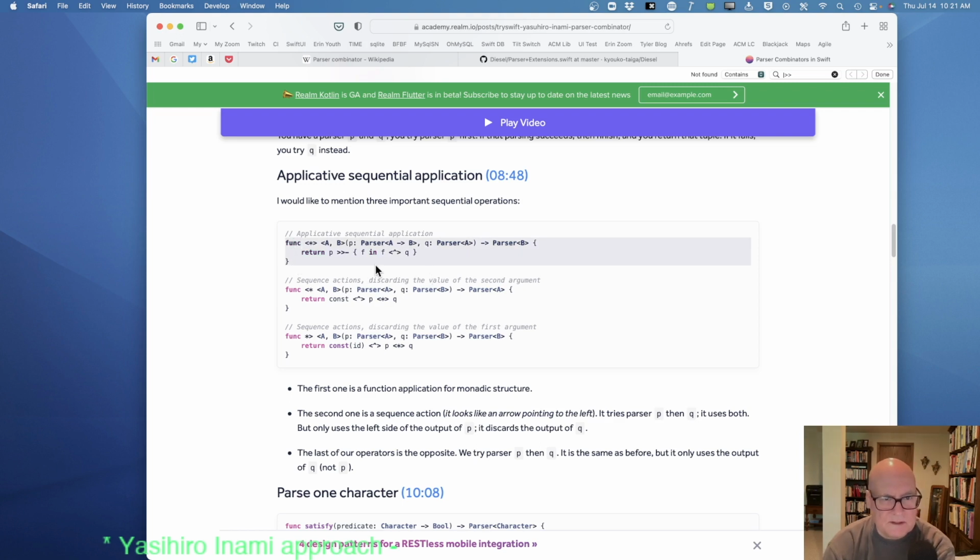So this is the difference here, and maybe this is the subtlety I've missed in the other one. But the star says, "Give me a parser of A to B."